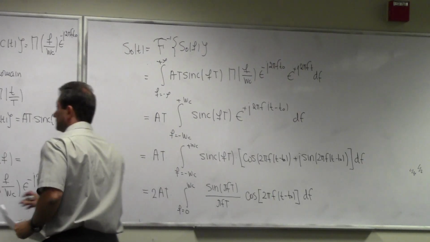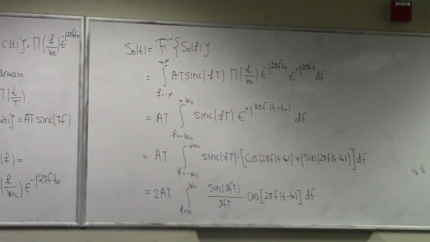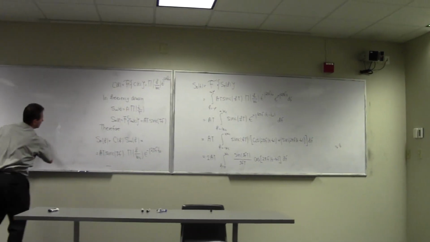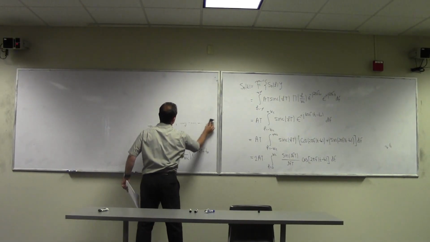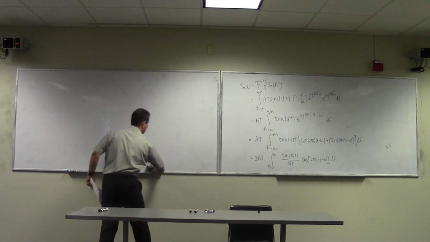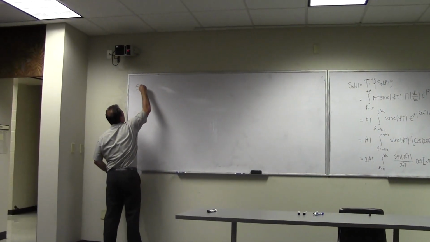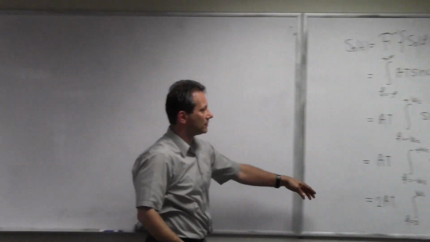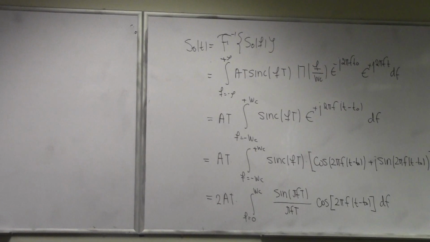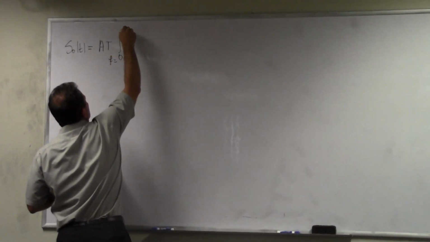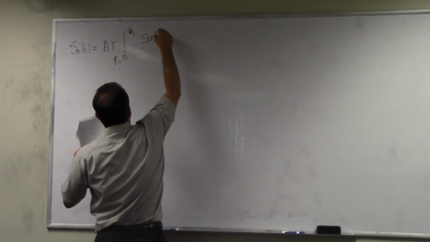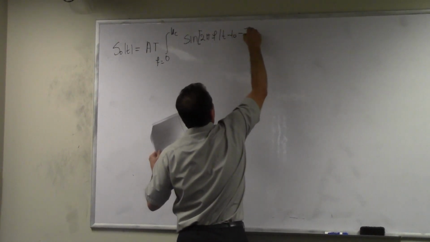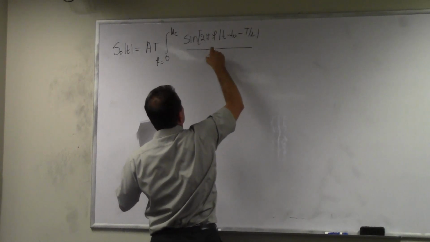So let me write that. So the output s0(t) becomes A T, this 2 here gets absorbed by 1/2 sine of the sum minus 1/2 sine of the difference. So it is the integral where f goes from 0 to Wc, and then you have sine of 2 pi f (t minus t0) minus T over 2, divided by pi T f, df,